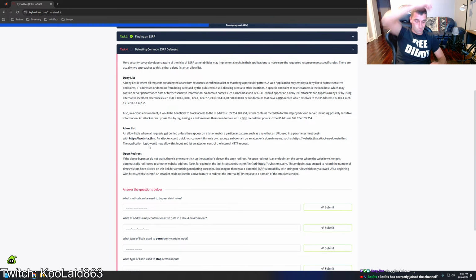This endpoint was created to record the number of times visitors have clicked on this link for advertising/marketing purposes. But imagine there was a potential SSRF vulnerability with stringent rules which only allowed URLs beginning with HTTP URL. An attacker could utilize the above feature